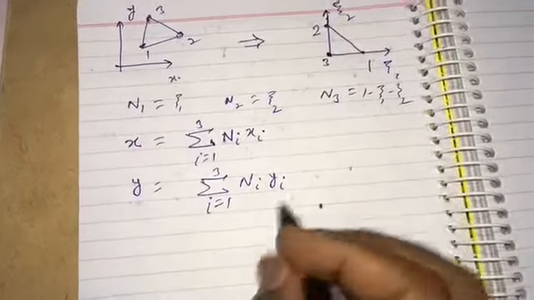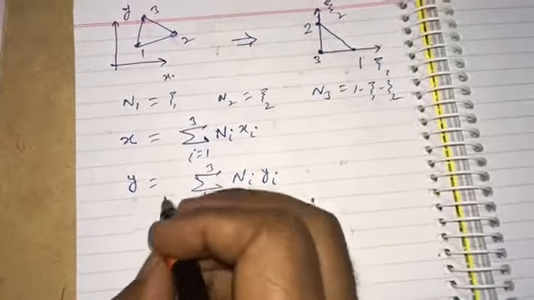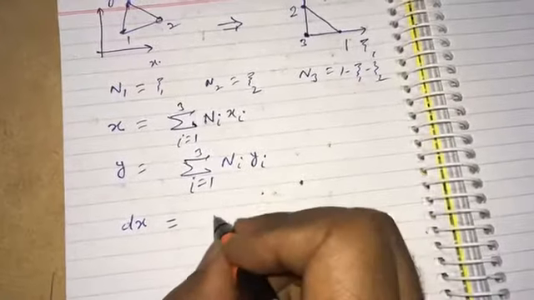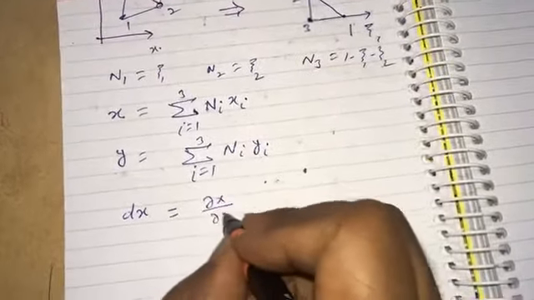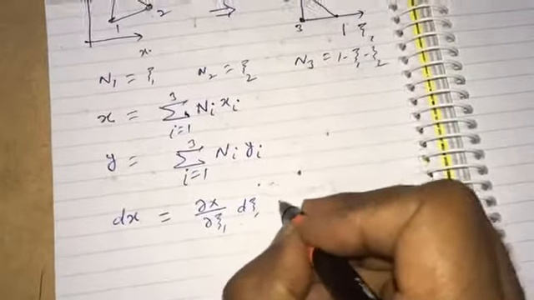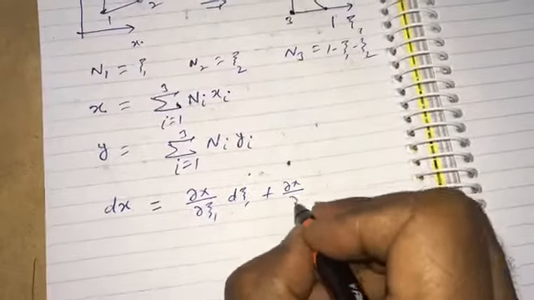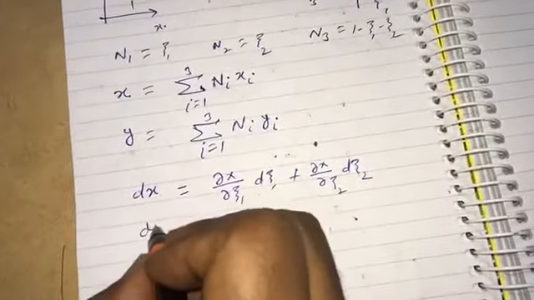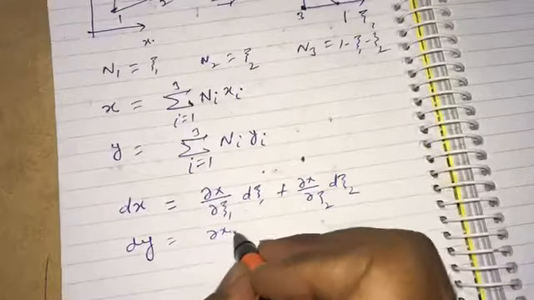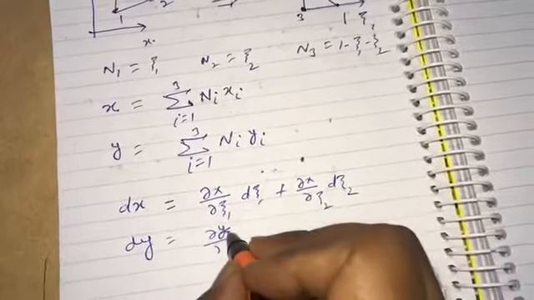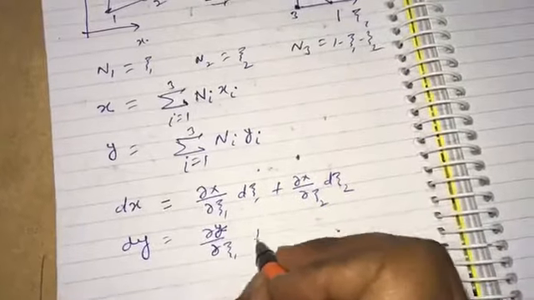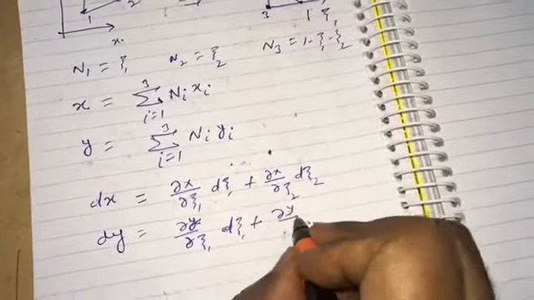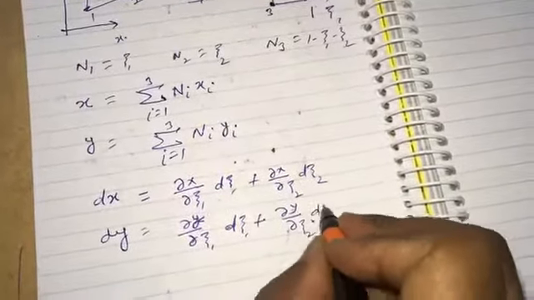In order to find the Jacobian, we first write dx equal to del x over del xi1 d xi1 plus del x over del xi2 d xi2, and similarly dy equal to del y over del xi1 d xi1 plus del y over del xi2 d xi2,